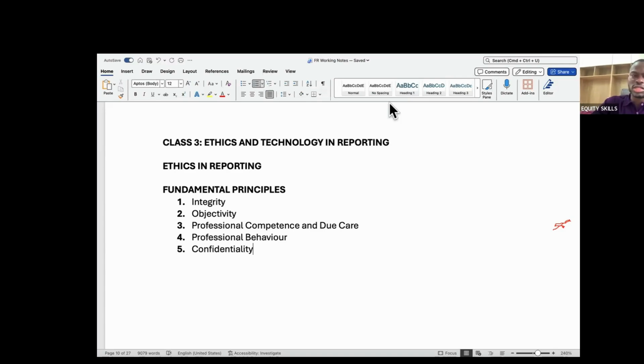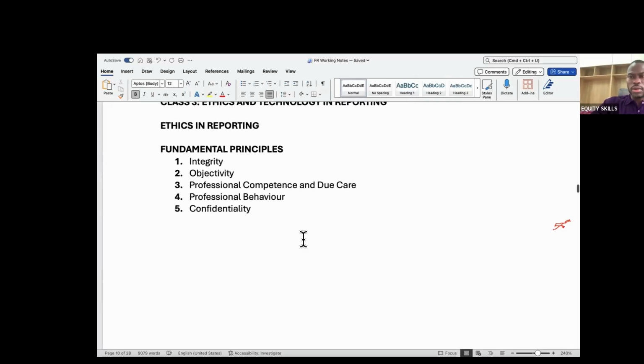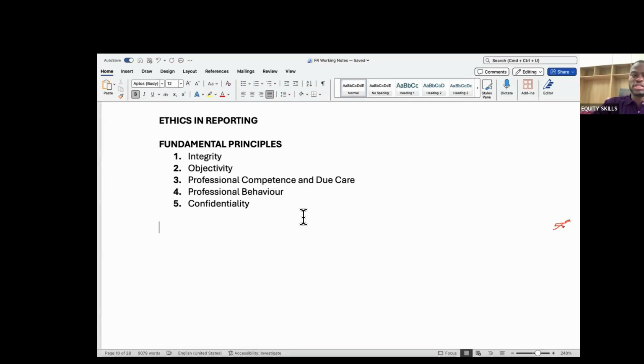You'll be exposing documents, information, data that you're not supposed to expose. Now, we expect that you follow this strictly, and that is why we also need to bring to your notice what we call threats to fundamental principles. There are some threats that can affect you, that can distract you from complying with the fundamental principles. And the first of it is the